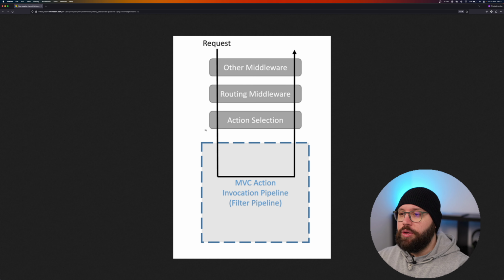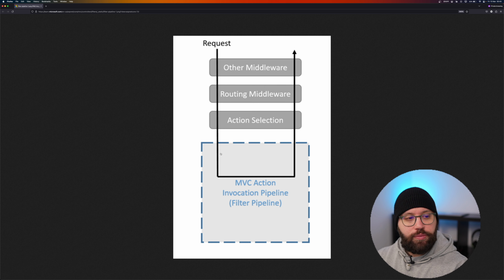What we're going to be doing here is similar to the middleware request. Filters also have this kind of priority. So we're going to have global filters, we're going to have some filters on our controllers, and filters on our actions, and then we can set the priority for every implementation of these filters and how they are going to be working. So now that we have covered the basic idea behind filters,